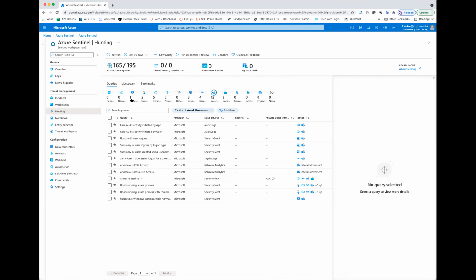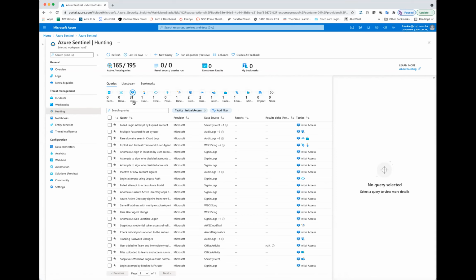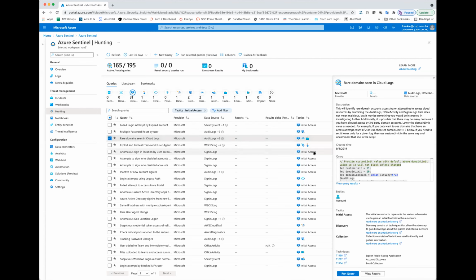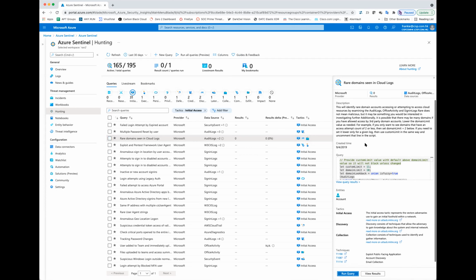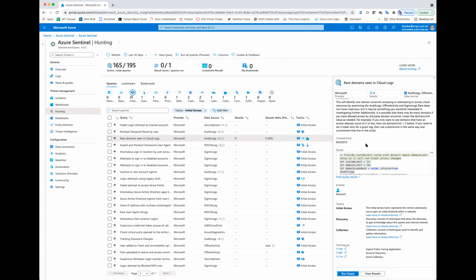For example, you click on the initial access. You can find some of them. For example, you can find the "where domain seen in cloud log". It provides the details, and then you can run a query to see whether something comes out. It's nothing right here, but if in your instance there's some alert that is related to these initial access activities, you can get some kind of result